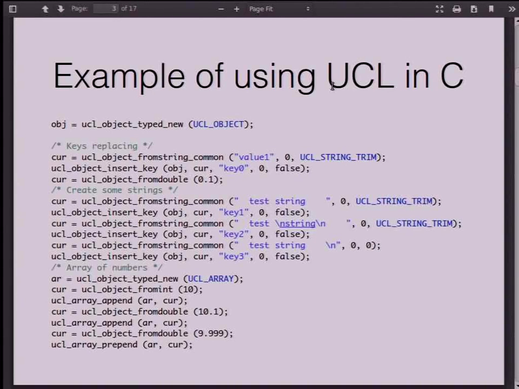Moreover, the last example is how to create dynamic arrays by means of UCL. So you can just append, prepend, pop objects, push objects, and so on. So this API can be used to simplify development in general. And basically, I'm using UCL and the UCL API in many of my applications, and I feel that it is much simpler than managing with different